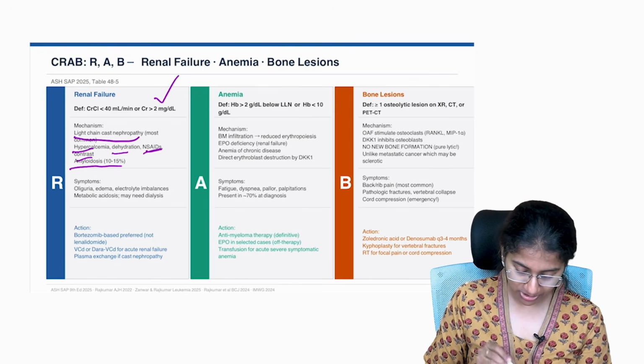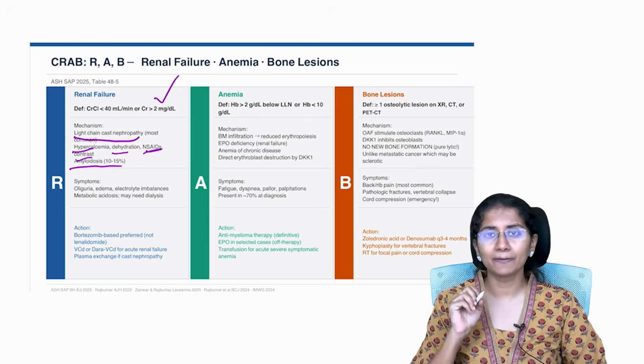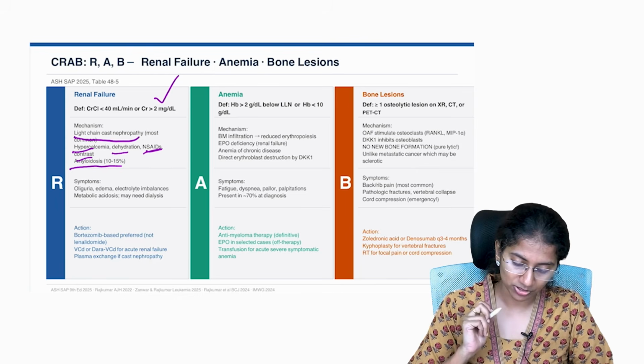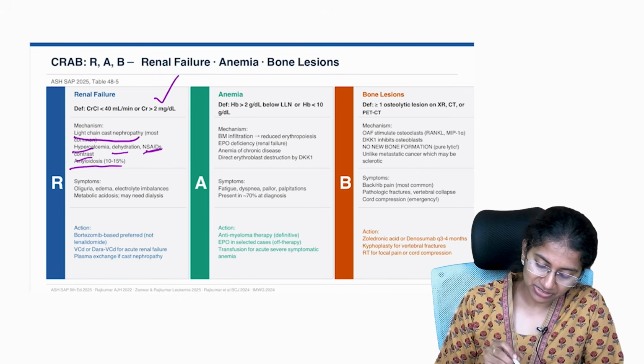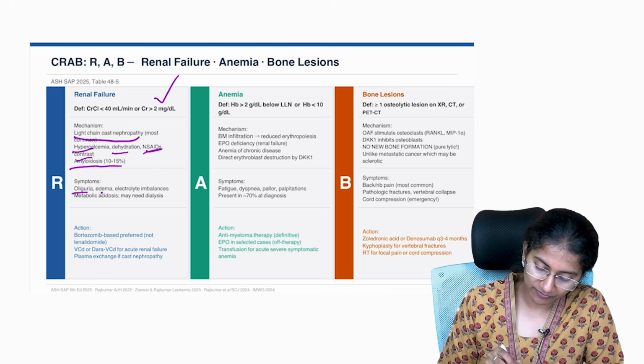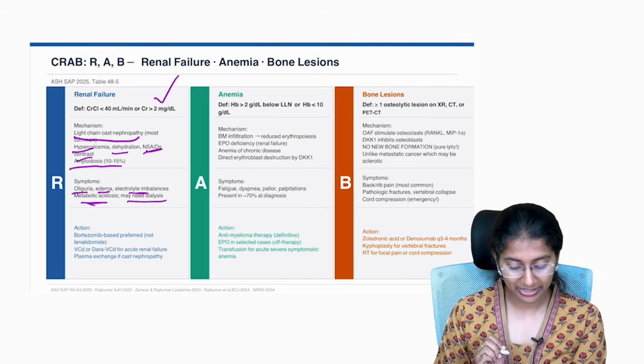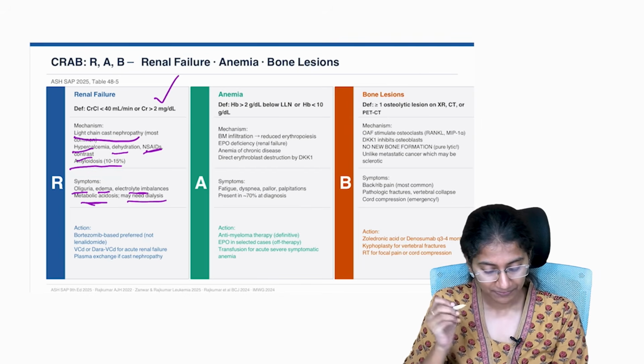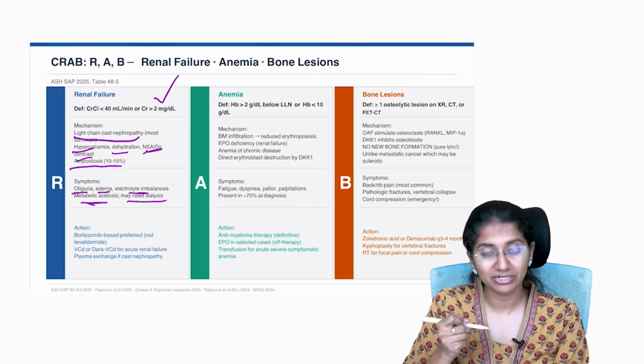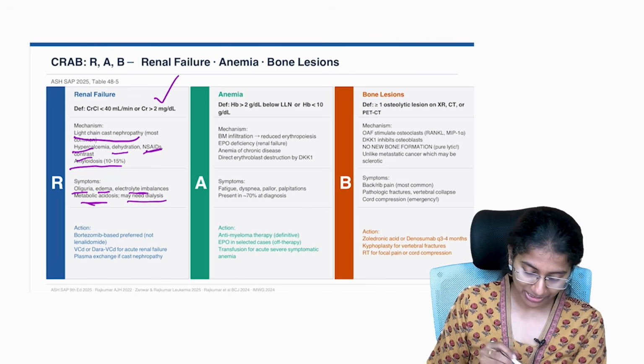And there is amyloidosis. Sometimes 10 to 15% have amyloidosis, so this also contributes to the renal failure. Symptoms, if you see: severe oliguria, edema, electrolyte imbalances, metabolic acidosis, and these patients may need dialysis. Okay. So action, if you see,